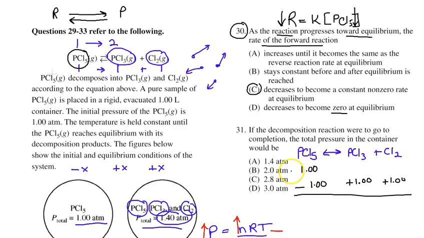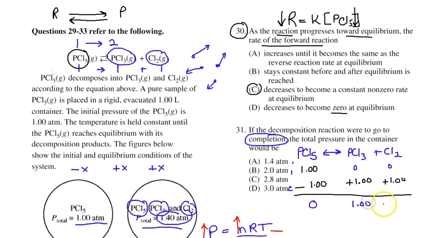We have the initial amount, that's our I, and there's 0 amount here. The change is minus 1.0. Why minus? Because it's going to go to what? Completion means it goes in one way until it runs out. So the change is minus everything. This goes to 0. That's the completion part. These guys started out with 0, but now this is minus 1.0, this is plus, and now we have